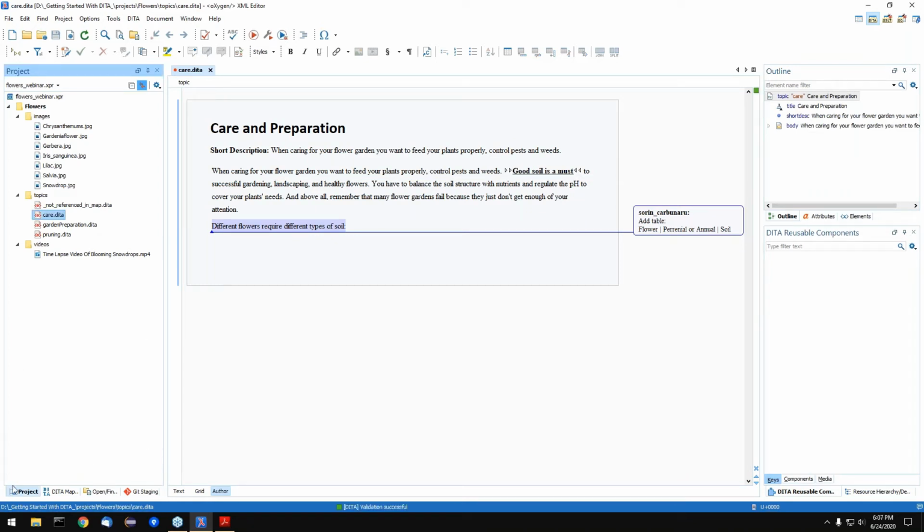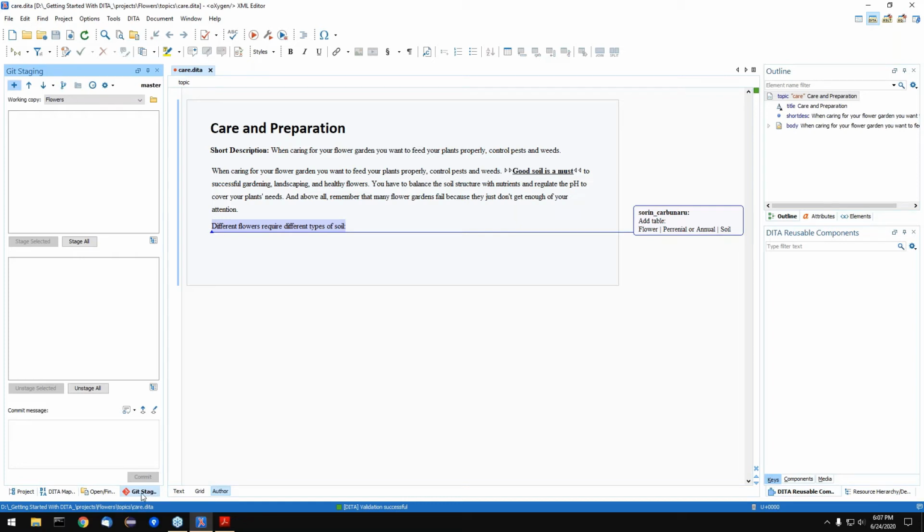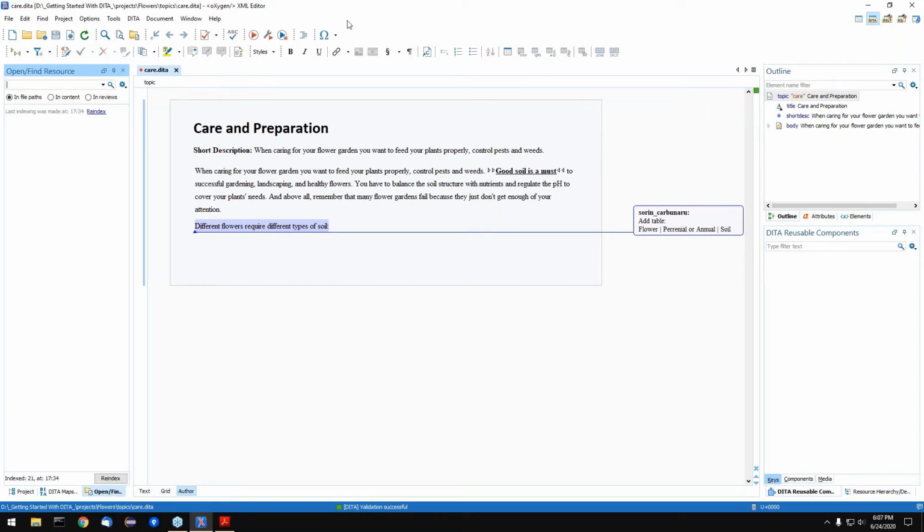So the available side views are the project view, where you can see all the resources that are available. Another side view is the DITA Maps Manager, and we are actually going to extensively use actions from the DITA Maps Manager. This is the main side view we are going to work with today. We have the Open Find Resource view, which is very helpful if you want to search for specific resources inside your project. I have this Git staging view because this Oxygen instance has the Git client installed, but we're